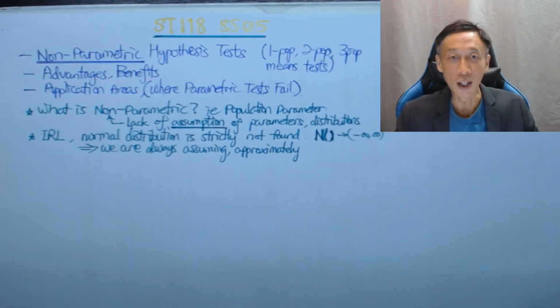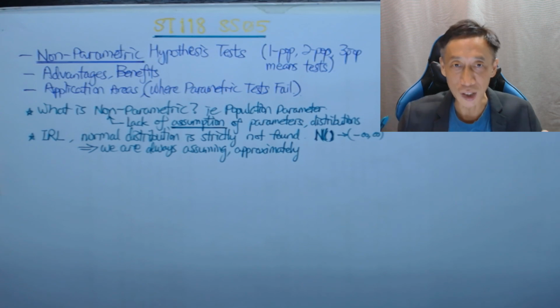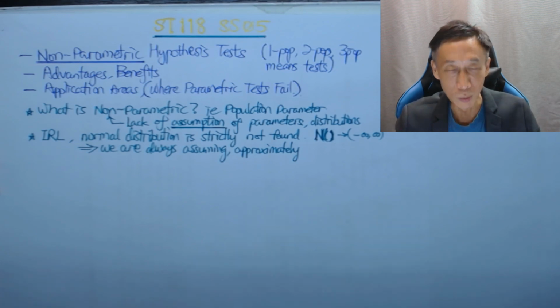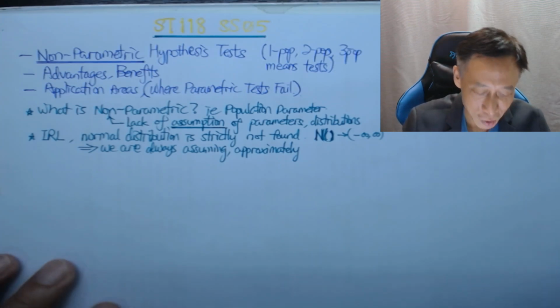But the tail is finite, right? Tail starts from say 1 to 10, but we assume it is from minus infinity to infinity. And that's very, very strange, right? And very, very absurd if I were to tell you to assume 1 is minus infinity, 10 is infinity. I mean, that's very hard to understand, very hard to teach, very hard to